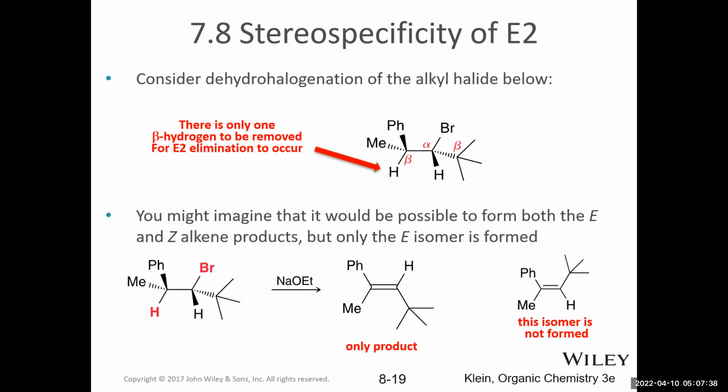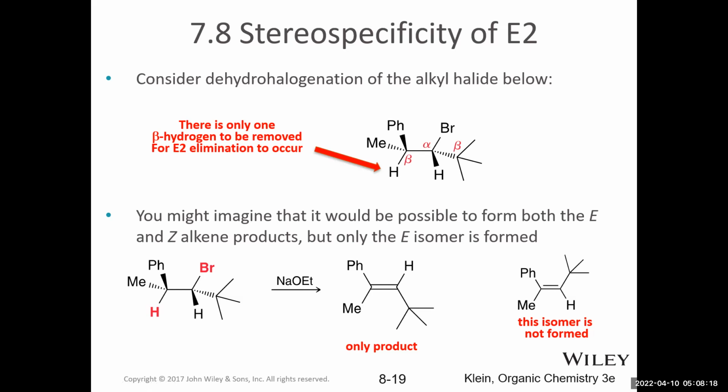The telltale sign is when both the alpha carbon and the beta carbon that will be losing a proton are both chiral centers. Notice that this substrate also has another beta carbon, but all three of these groups are methyl, meaning there's no hydrogen to possibly remove, so this beta carbon is not going to be able to participate in an E2 reaction. So the only beta carbon with a hydrogen is this one, and since there's only one, and this is a stereocenter, and this is also a stereocenter, then the reaction will be stereospecific.